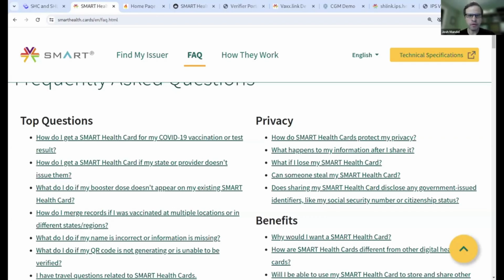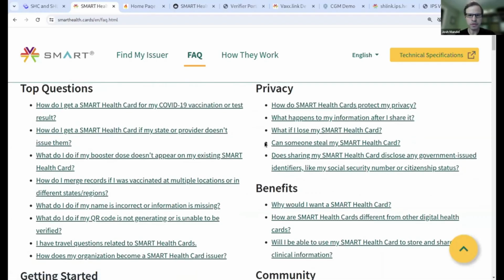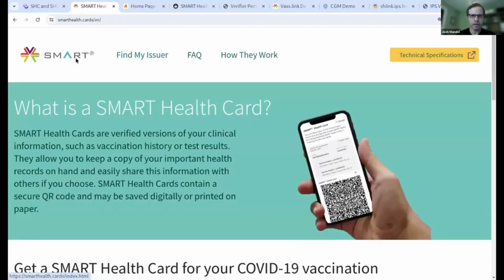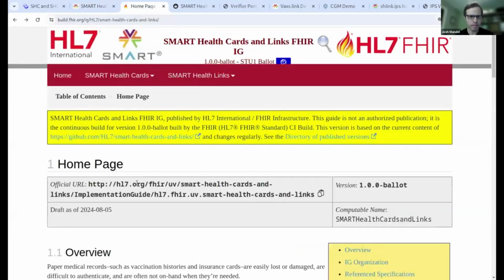So it's very important from a consumer perspective to only share this kind of information with individuals or organizations that you trust. And at the same time, there are privacy considerations that are built into the way that we design these specifications. And the most important of that is limiting the set of data that goes into these health cards. So I won't spend much more time on the consumer overview, other than to say this site is available and is designed to take anyone through a workflow of understanding what health cards are all about.